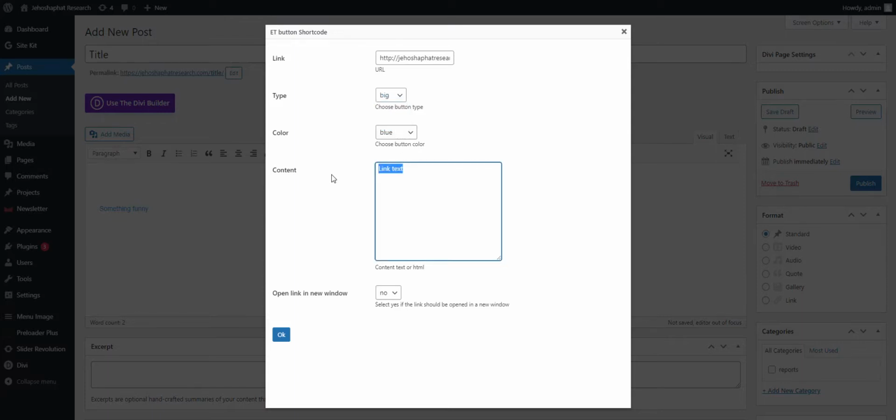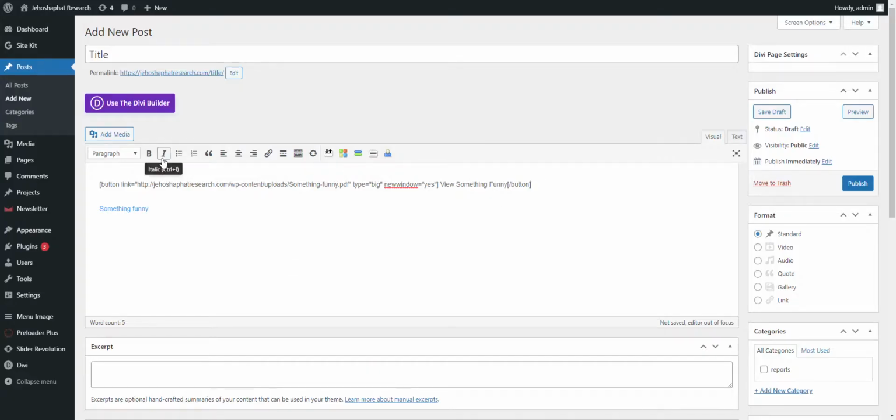And then for link text, this is what the button's going to say. So you would say view report. Actually, in this case, it'll say view something funny. And then I like to open a new window and then click OK. And it's going to show this really weird